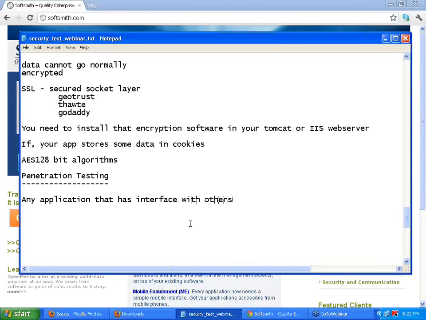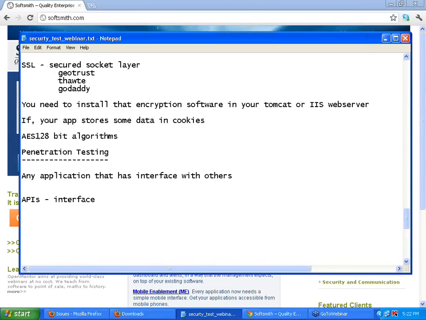For example, you take Twitter. Twitter has APIs, especially APIs. APIs meaning interfaces. So either you can come through screen. User interface is one interface. Through user interface, normally what we do is JavaScript injection, SQL injection. But apart from user interface, there are something called APIs. Through APIs also, you can send mail, you can send tweets, you can post something, and one application talking to another.